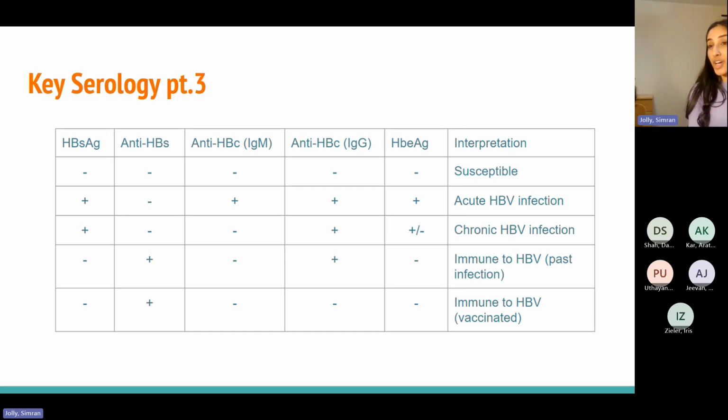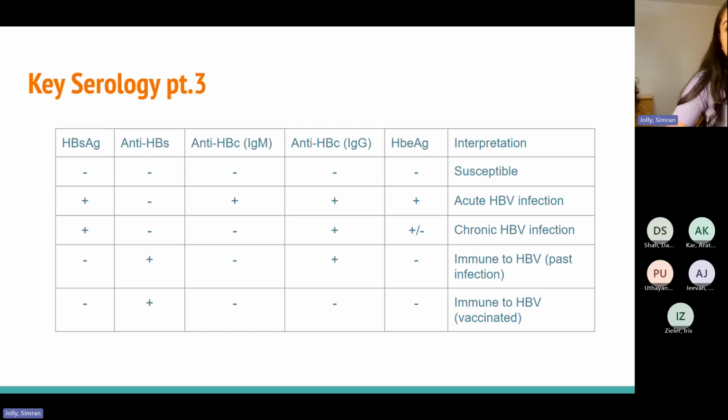The way you could remember it, if you didn't want to learn what everything means, looking at the anti-HBs is the antibody. So you can use the S to be like, you're safe. So you're safe from the virus because your body will recognize it. Anti-HBC, so your core antigen, is that you've caught it. So if anti-HBC is present, either IgM or IgG, it implies that you have caught it at some point. And then HBeAg is infective, if you spell it with an E. And they're not the best ways to remember it, but they are useful if you can't fully understand the antibodies